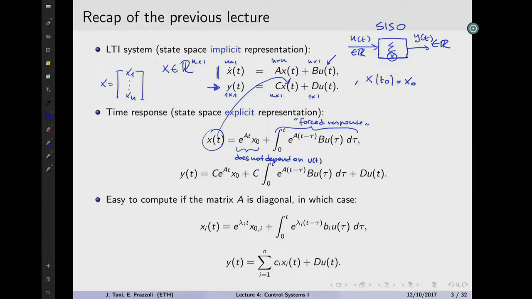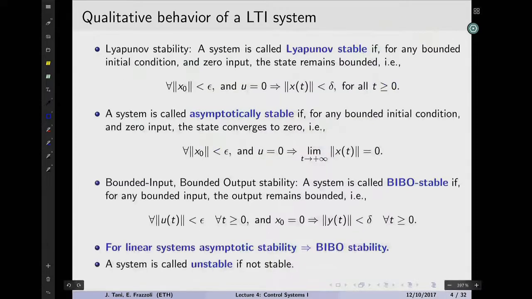Then what's the whole point, right? Now we know how to describe them. We know how they behave given how we poke them and how we set the initial conditions. What are we going to do about them, right? So this whole course is called Control Systems. What does Control Systems want to do? The first thing Control Systems wants to do is stabilize a system. So what does it mean to have a stable system? So we introduced stability, and we said, well, we define stability in different ways.